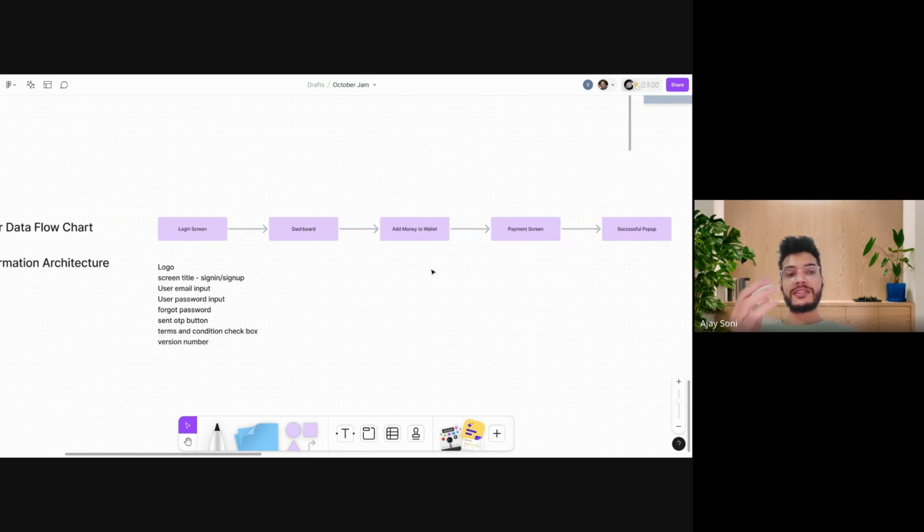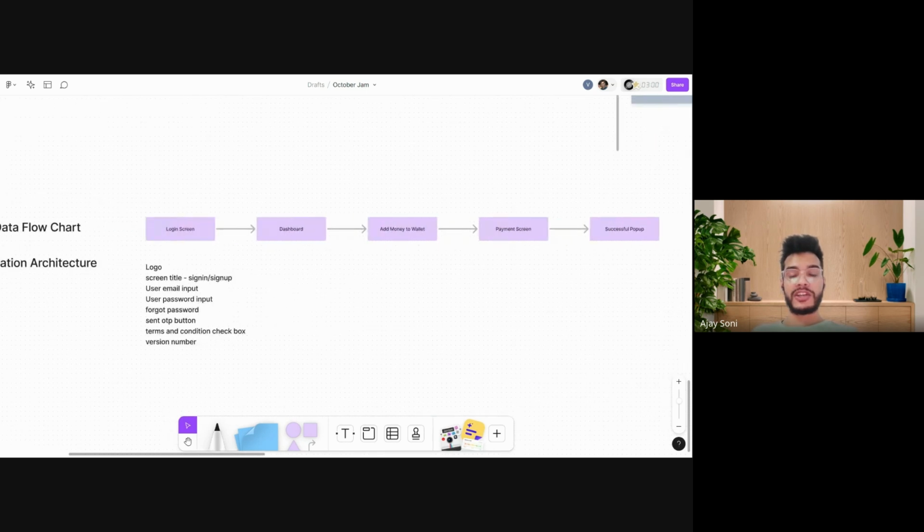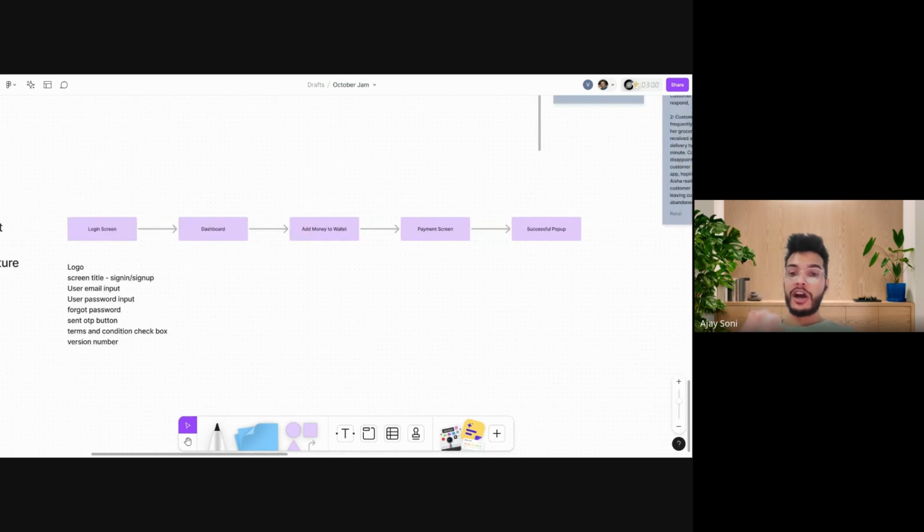So this information architecture or user data flow chart is an activity that you should do in collaboration only. You should not do it as a single person, thinking I just designed it, now let it be there just for the sake of your case study, or because your project manager asked you to.